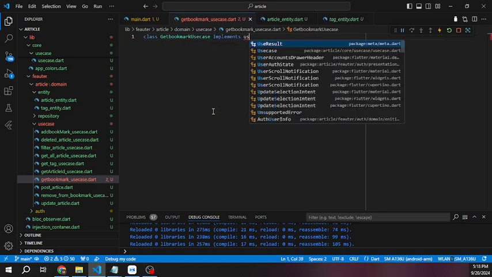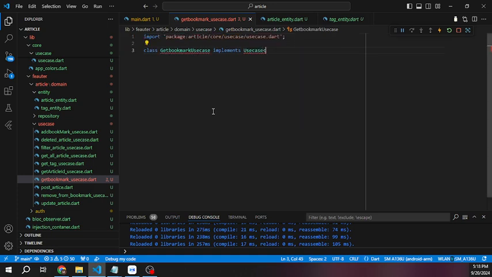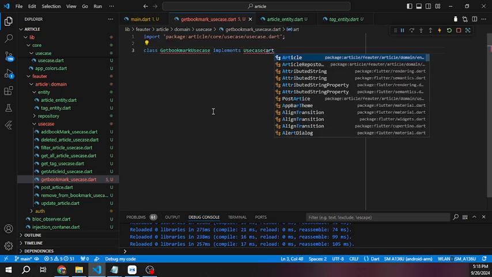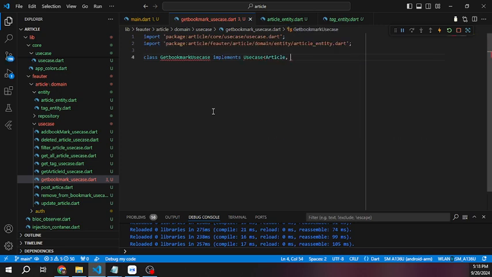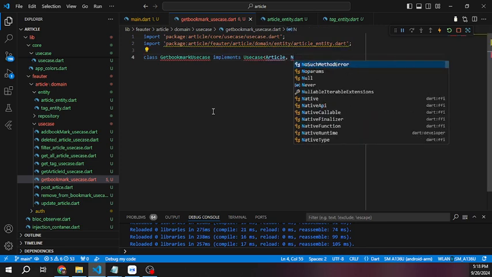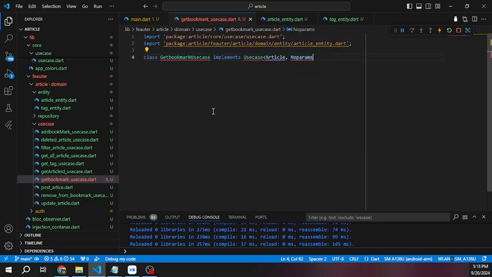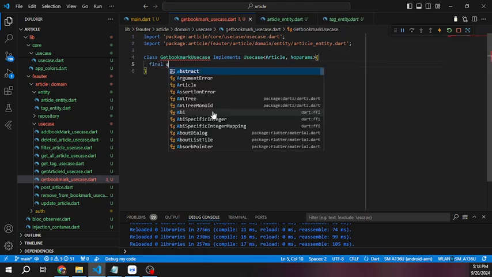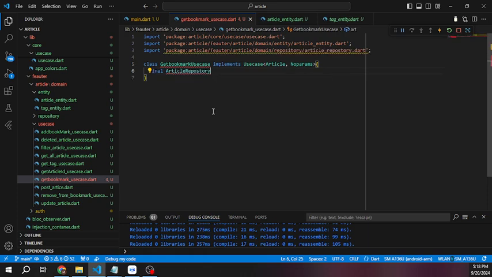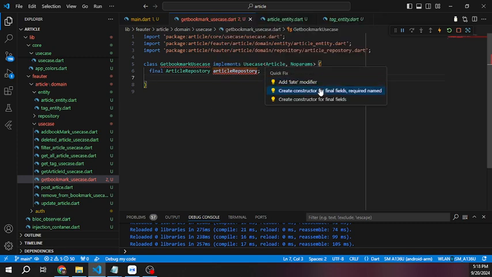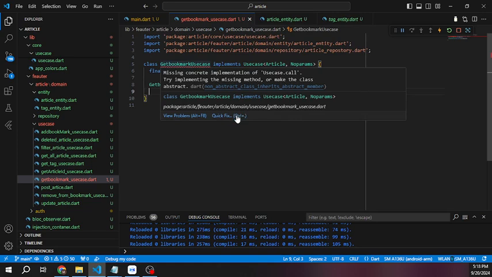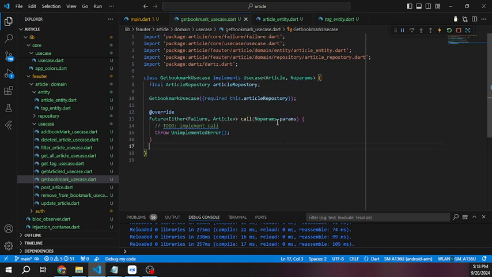Going to implement use case for type. What we are going to accept, we are going to accept article, and what we are going to pass, we are not going to pass anything. To do that, we are going to use no params, and let's implement it. Final article repository is going to be article repository. Let's build a constructor for this repository, and let me implement this one, override it, and we are going to return